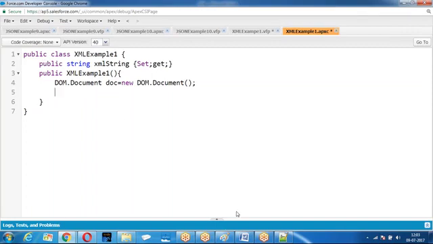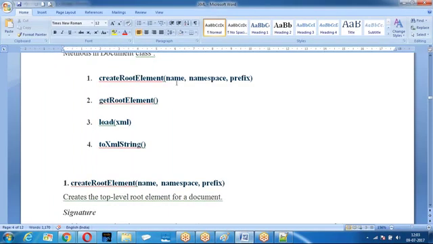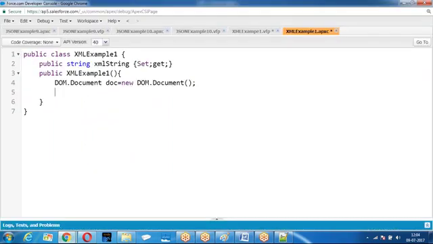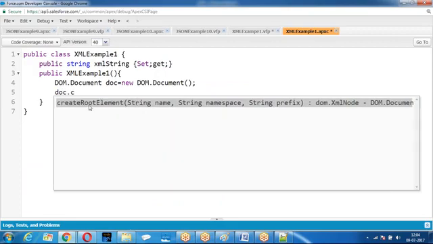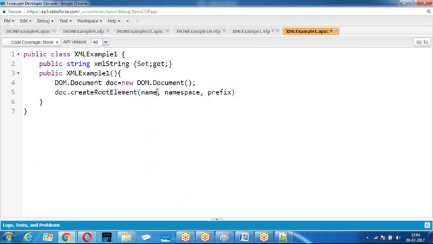Look at the format. If you want to create a root element, there are three parameters we require: name of the element, namespace, prefix. Then createRootElement. I'm giving a namespace. These namespaces are going to be used in the Visualforce files.